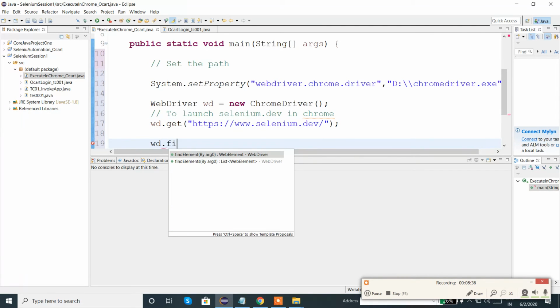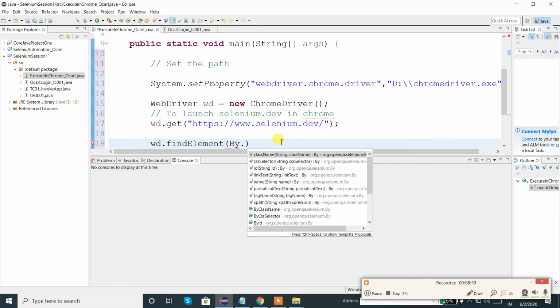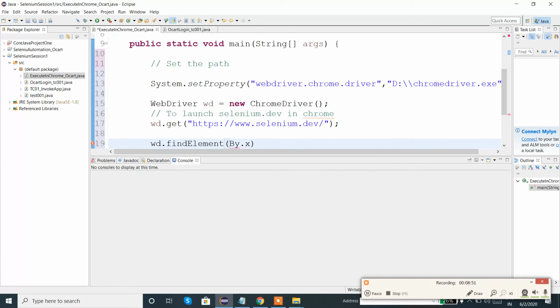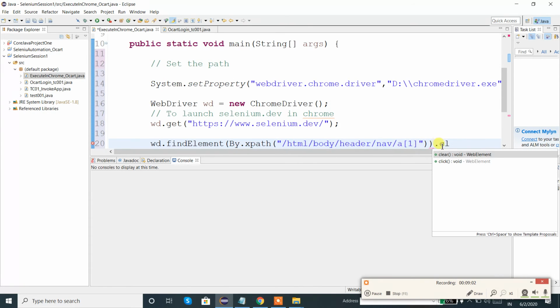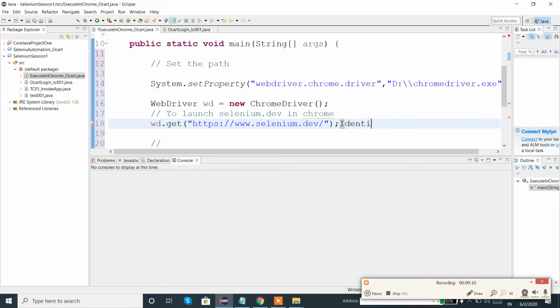So I need to identify the element by full XPath. Yes, now I need to click on Downloads. So this XPath is to identify Downloads.